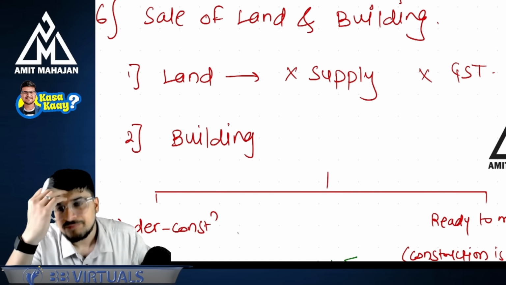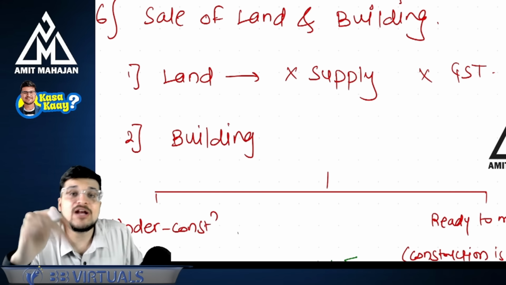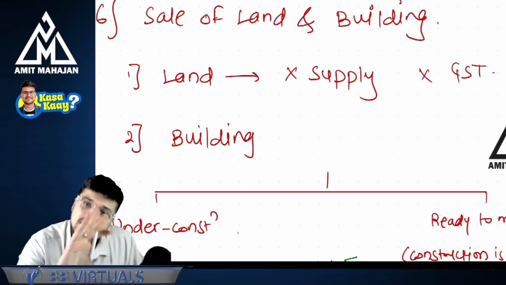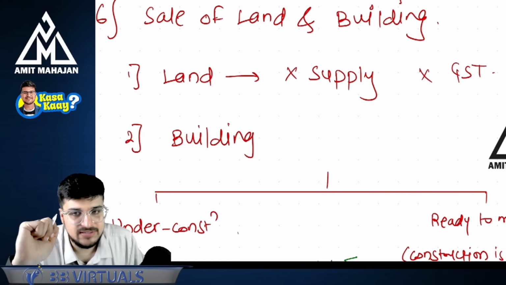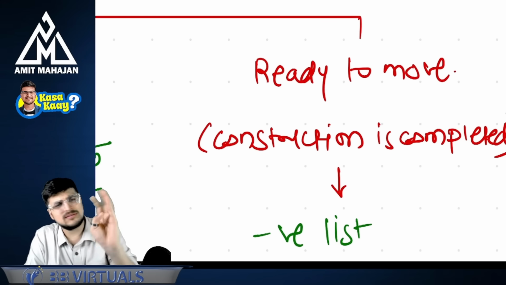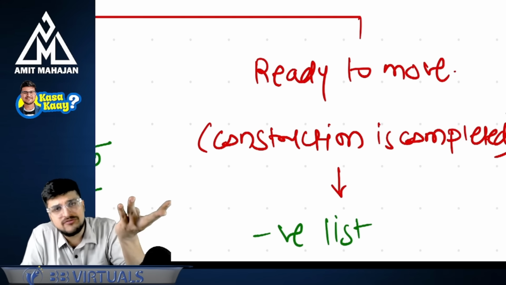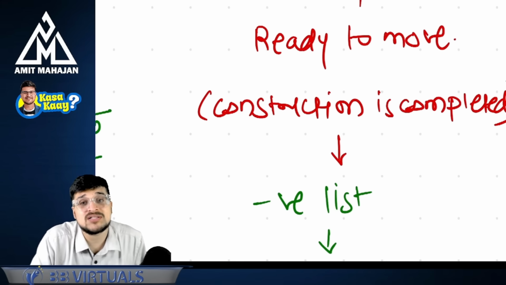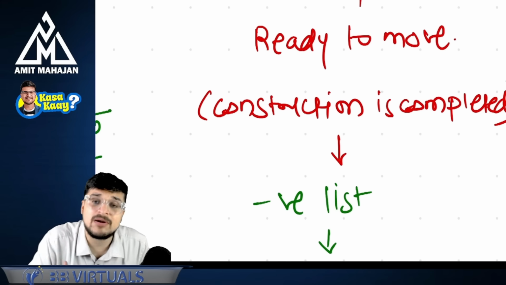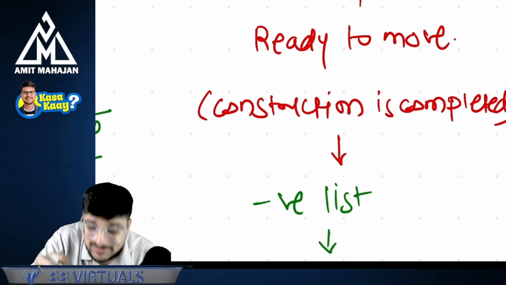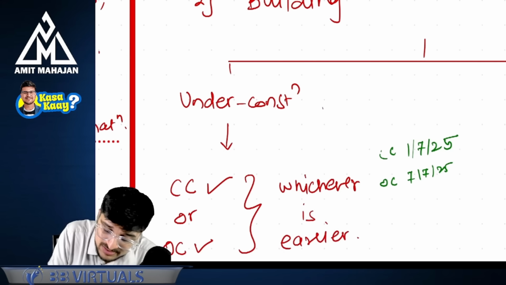If it is a ready to move flat, which means construction is done, please tell me one thing. If it is a ready to move flat, can I say it is not goods and there is no service also? It will fall under the negative list because there is no construction element, no service element involved, because construction is already completed. But if it is an under construction flat,